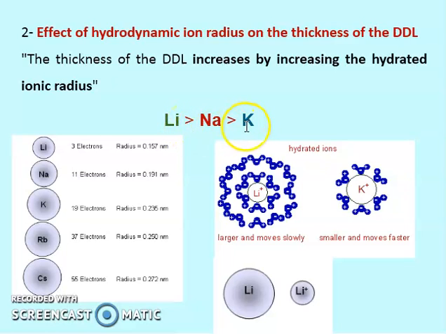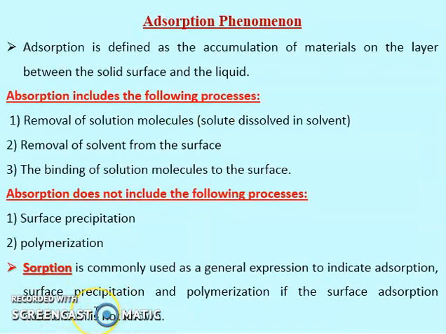So the ion radius of potassium is higher than lithium, while the hydrated ion radius of lithium is bigger than potassium. Now we are talking about adsorption phenomena, and I defined the adsorption phenomena for you, that